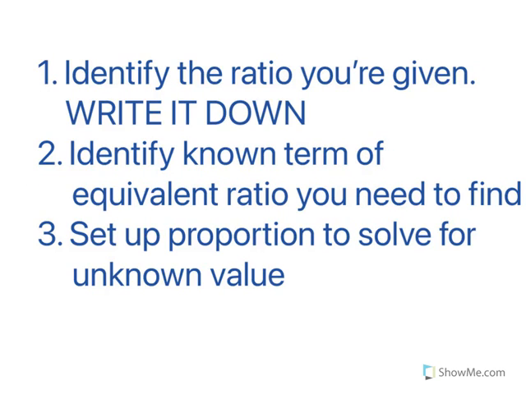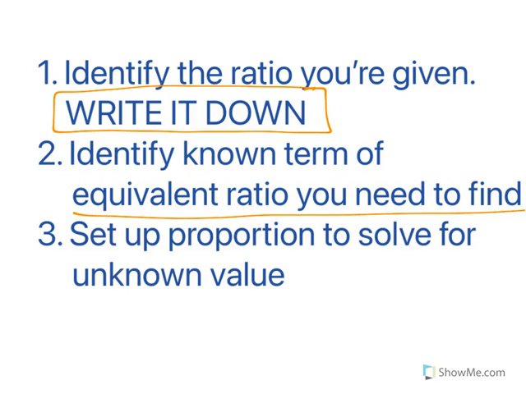So let's jump in. Here are the steps. The first thing, identify the ratio that you're given. Write it down. So many people think, oh, I'll remember. You don't remember anything. Write it down. Be able to see it. After you have your ratio written, identify the known term of the equivalent ratio you need to find. I'm telling you, the more you can put down and understand what you have and what you're looking for, that's